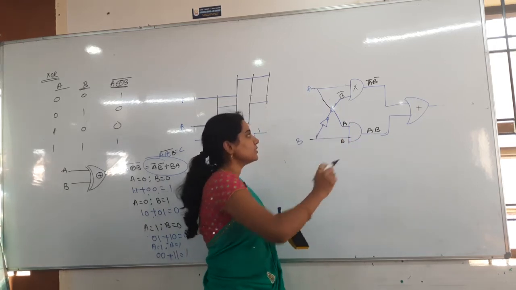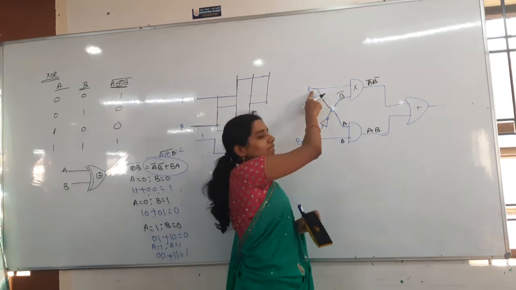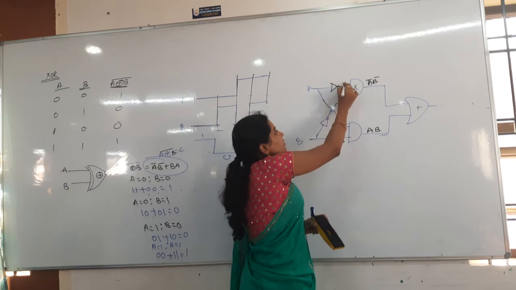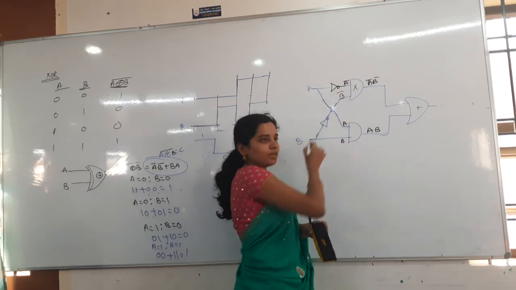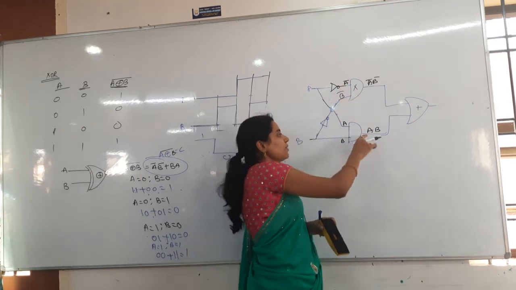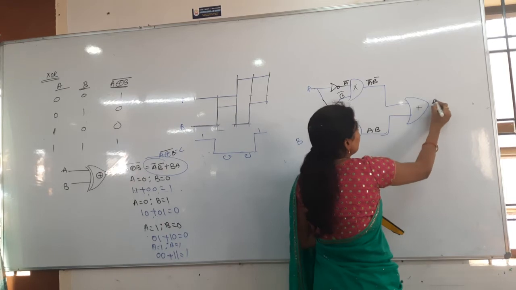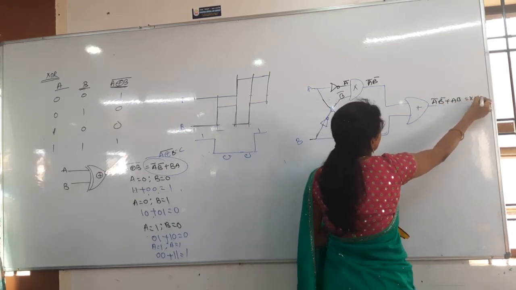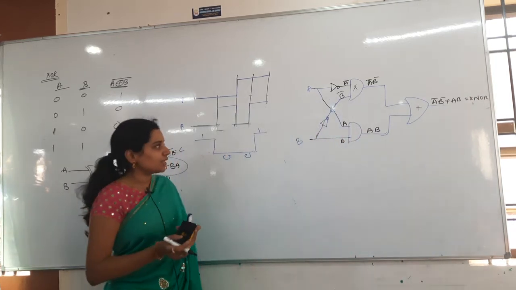Then the next case is A bar B bar. I have to give the A bar. But how much am I giving here? A. So in between what do I have to keep here? A NOT gate. So that this is becoming what? A bar. From this B, how much is going here? B bar. So that A bar B bar and then AB. Correct everything? Then what is our output here? A bar B bar plus AB. Which gate is this? XNOR gate. Clear? That is one of the circuits for you.